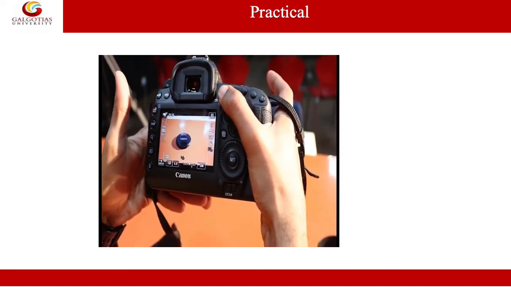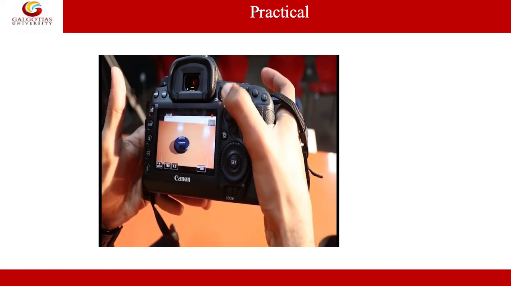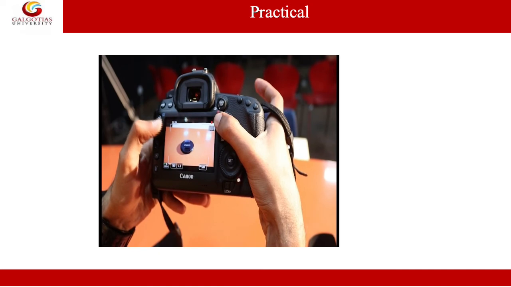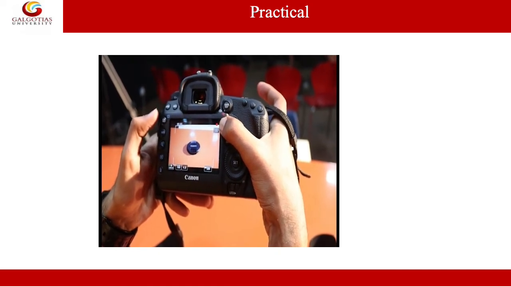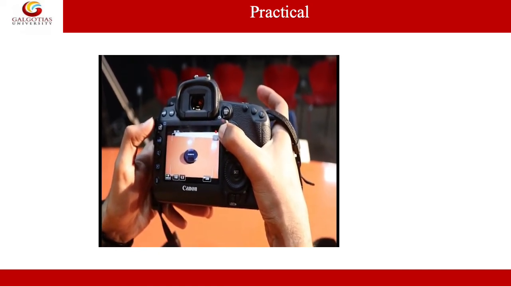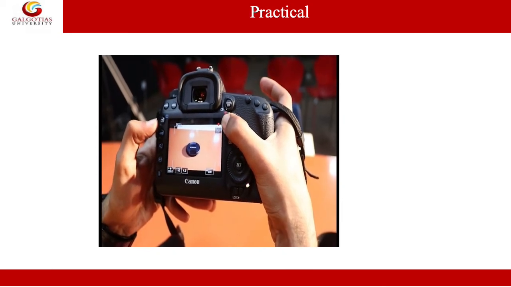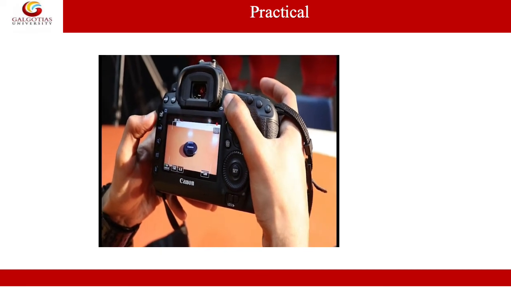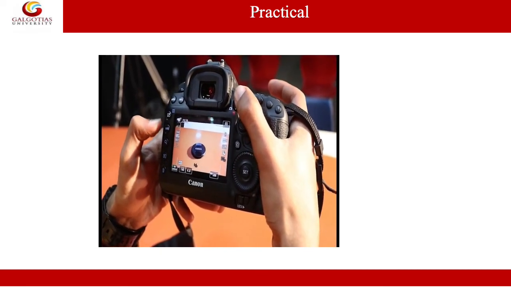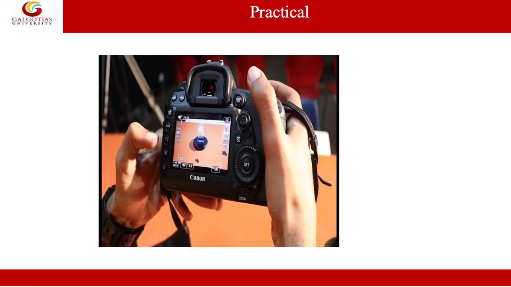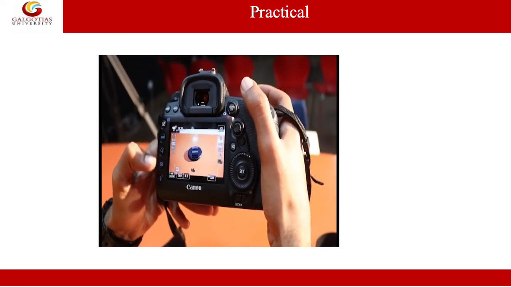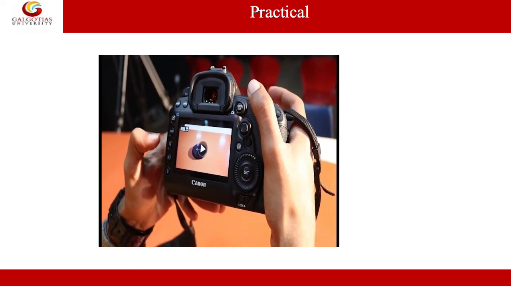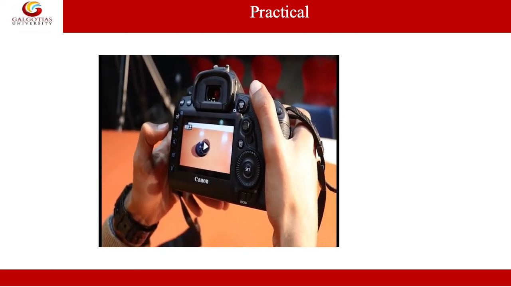To capture a video, you just need to press this button. It will start recording, and it will show you the time of the recording, and this red dot will show you that your camera is right now recording the video. In order to stop this recording, you again need to just press this button, and your recorded video will be saved on your memory card. Again, to view this video recording, you just need to press this button and your video will appear here. So that's all for today's class.